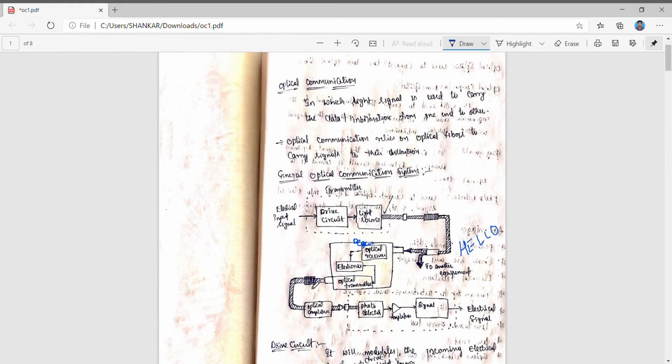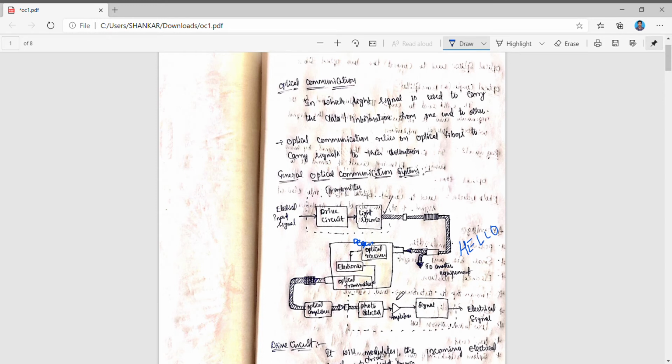Due to the long process of this system, the signal may have less strength. In order to strengthen the signal, we amplify it by using the optical amplifier, and this signal will be applied to the photo detector. The photo detector retraces the original signal from the optical signal. Whatever optical signal we have will be converted into the electrical signal format, because at the receiver we need the electrical signal, not an optical signal.